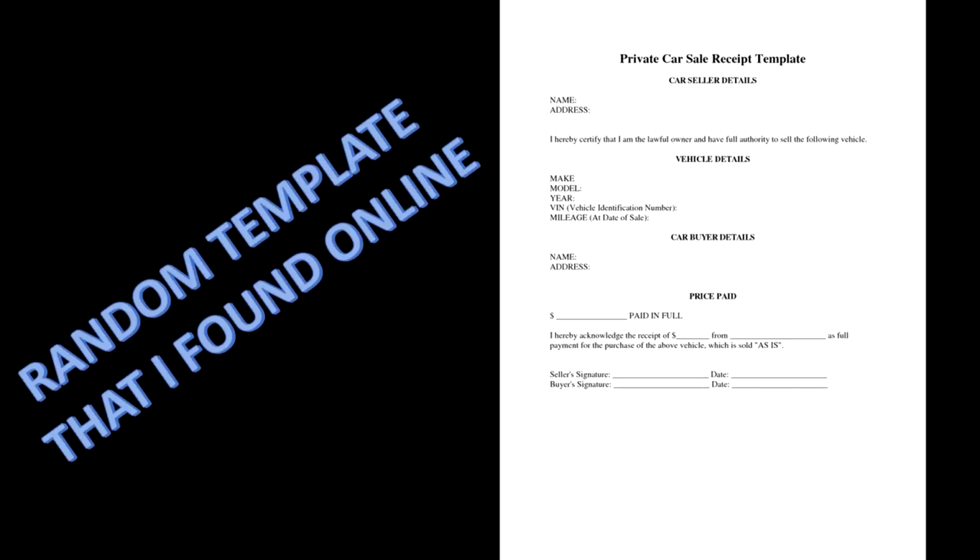And another thing I recommend you doing is draft up just a small, quick legal document. It doesn't have to be fancy. You don't have to be a lawyer. You don't need to hire anyone to write this. Just make sure there's a document that both people have signed to say, a bit like a receipt, really, just